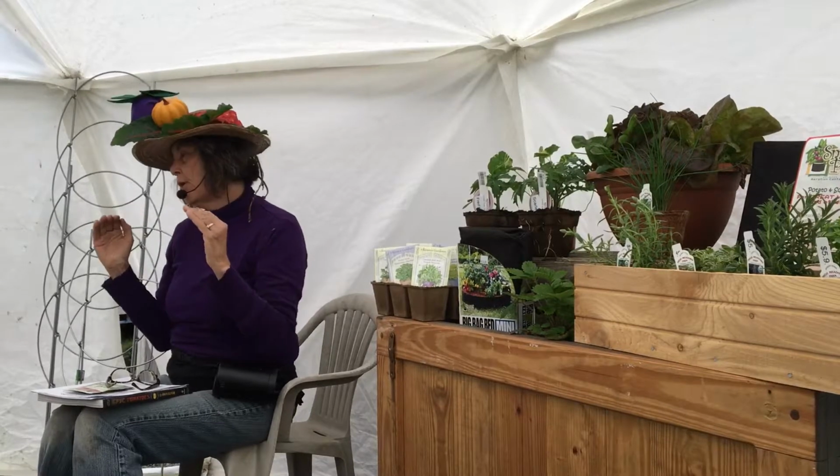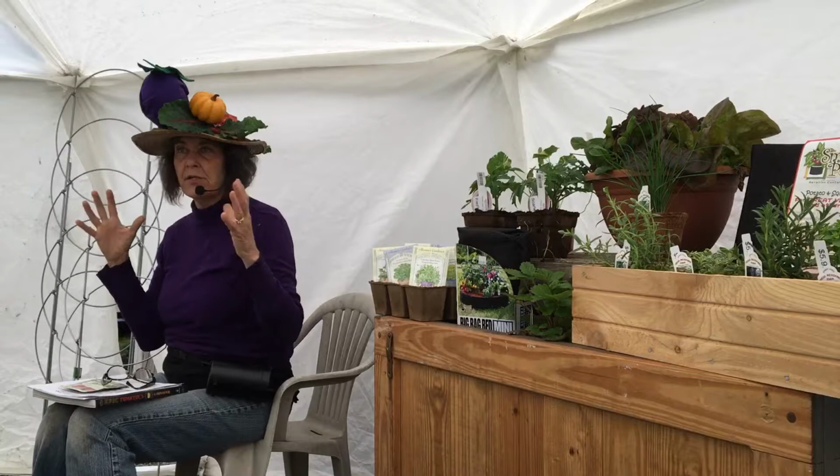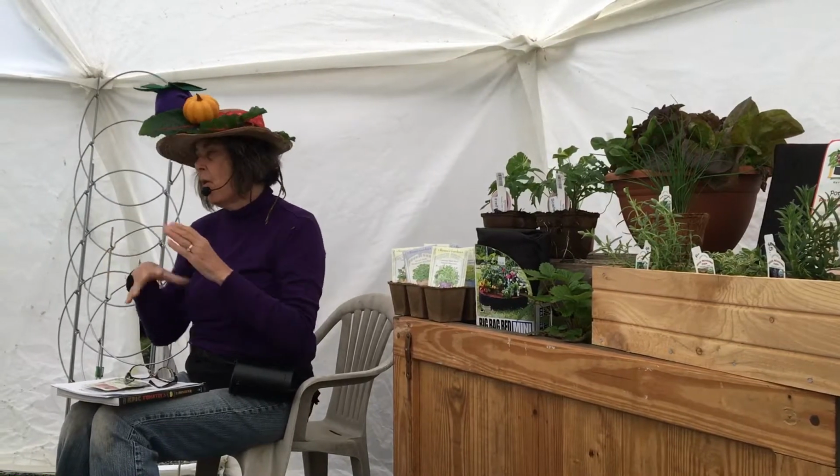And usually what we tell people is if you're going to grow in a container or a hanging basket, any smaller space, you don't want to have to...